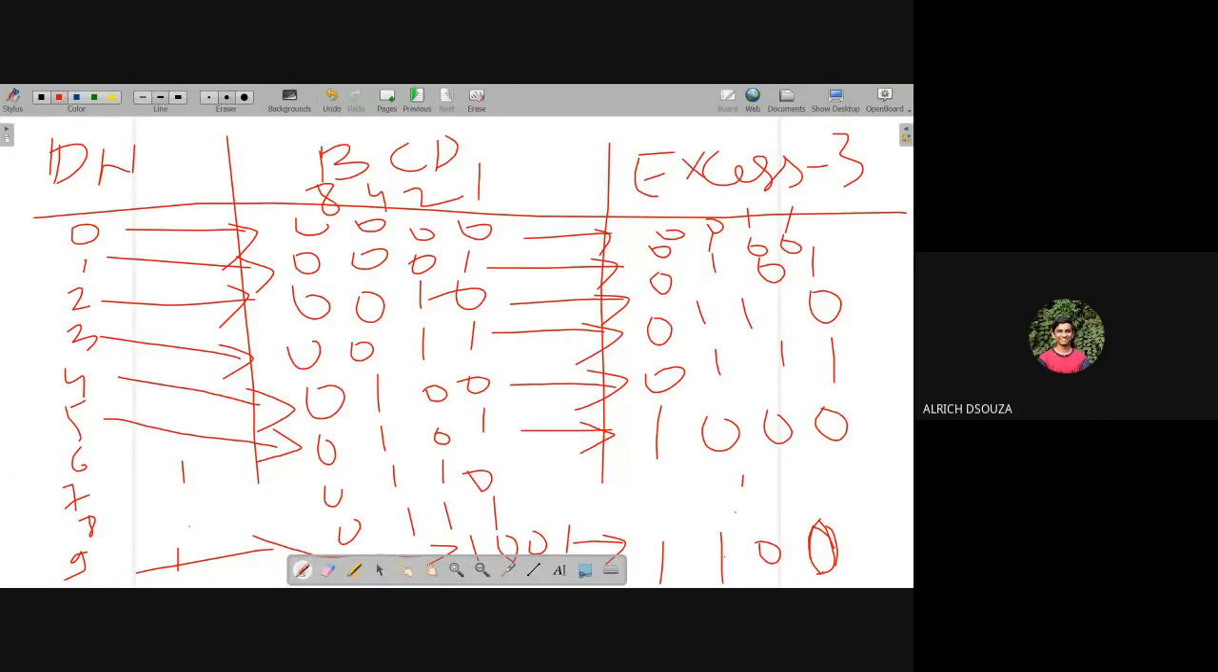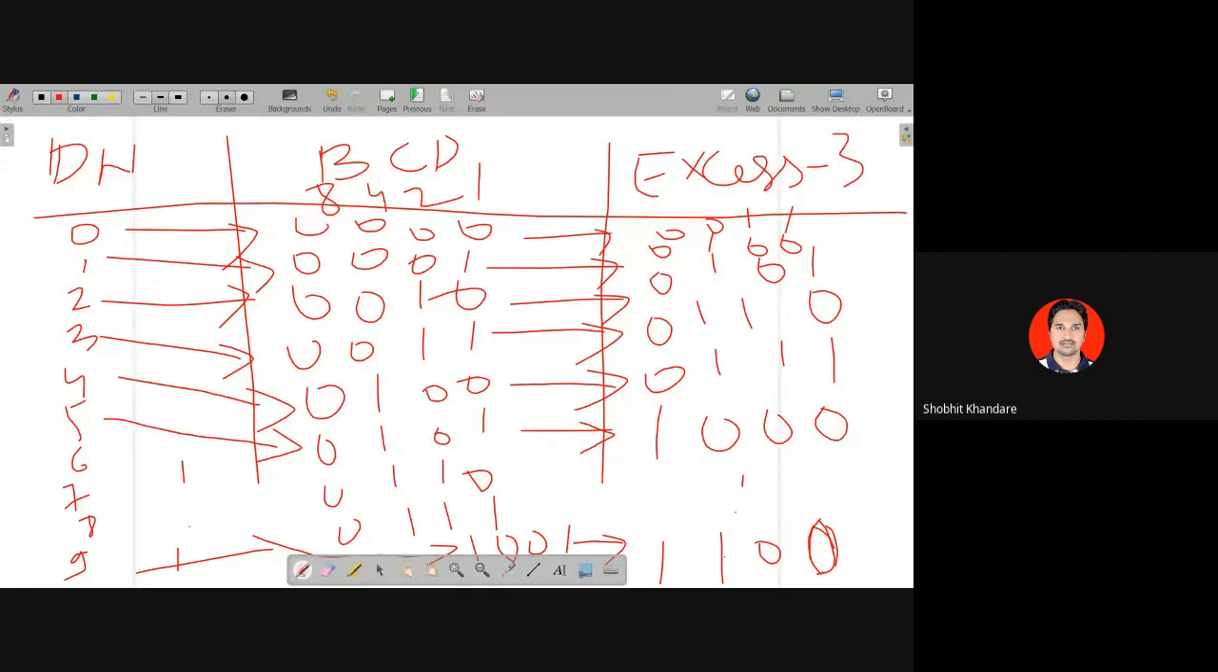Sir, neither. Neither of them. Okay, fine. So actually, see what I am telling you now. XS3 is a non-weighted code. As it is a non-weighted code, it should not follow BCD as well as binary, because BCD and binary both are weighted codes. But whenever you add plus 0011, the XS3 code you get follows